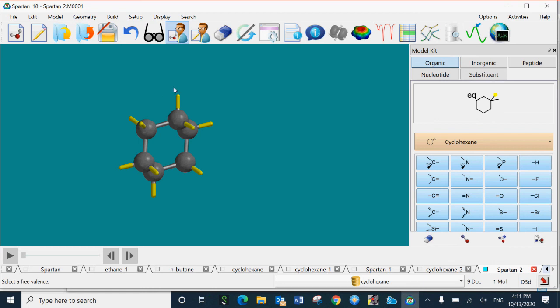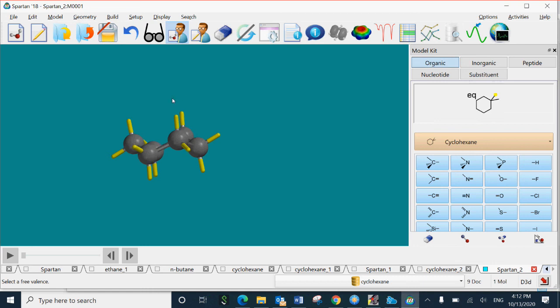You need to make two conformations, one for di-equatorial and one for diaxial, for dimethyl cyclohexane.